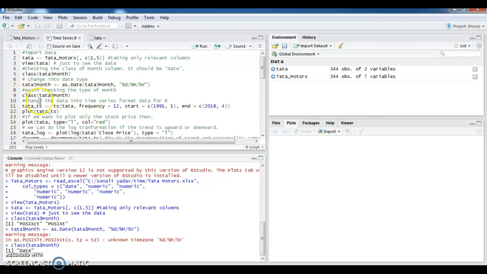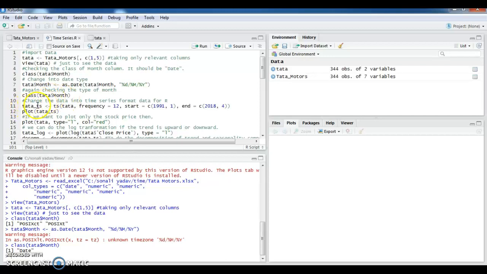Now next stage, what you should do, you should change the date into the time series. Okay, so for that there is a command which is called ts. The ts command is to convert your date into a time series date, which should be spread at a frequency of 12 because there are 12 months in a year. So how do you do it?